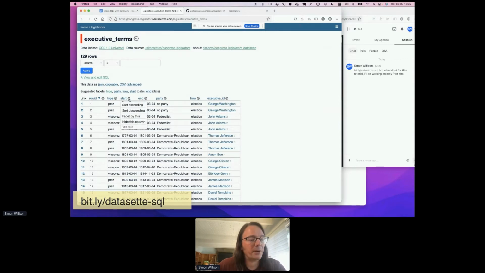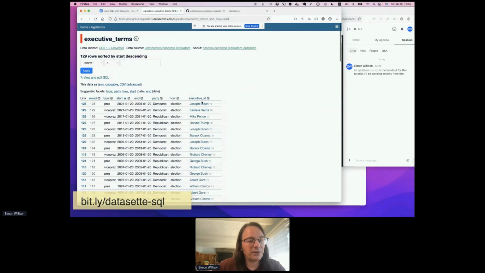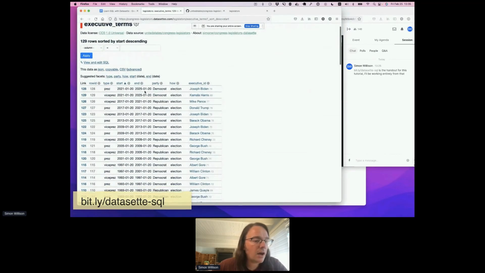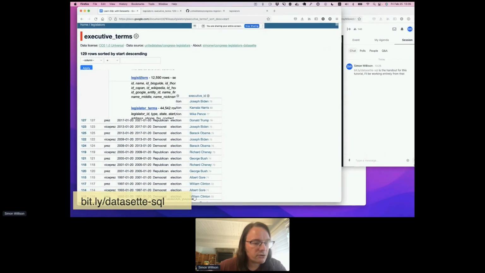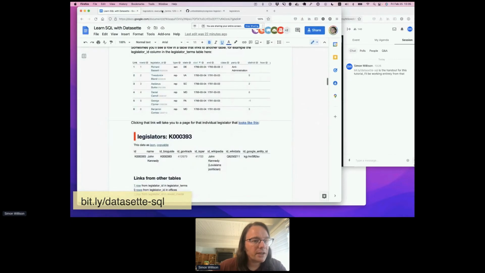So we can sort by different columns. Let's sort descending by the start date of their term. Now we can see there's Joseph Biden and Kamala Harris. Where this stuff gets a lot more interesting is when we start looking at things like the